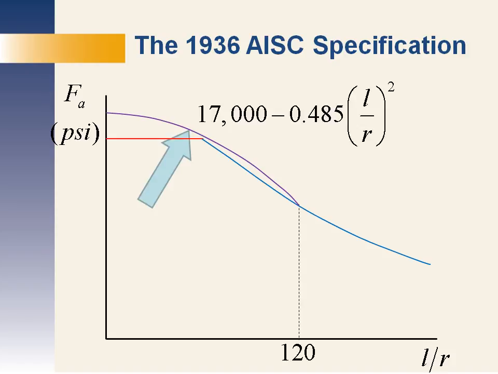But in this comparison, you can see the difference. These are graphed together, and you can see the change that was made in purple. Instead of going out to 60, a value of 120 was now the point of change between inelastic buckling and elastic buckling. And you can also see the different column curve that was selected. We're doing a little better in this range in terms of strength. And we're also starting to look a little more like what we look at today in terms of our column curves.